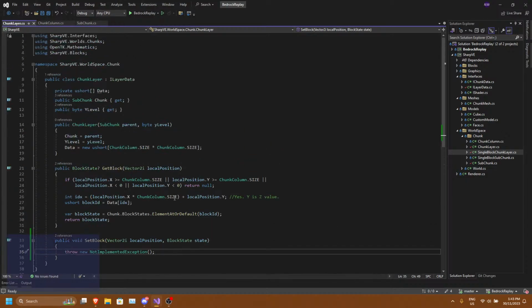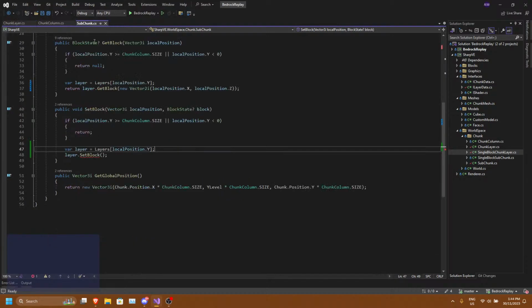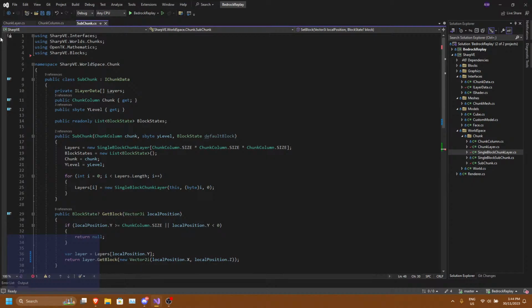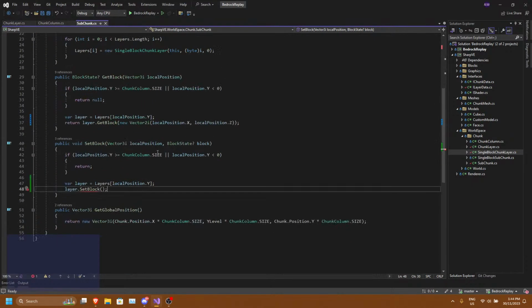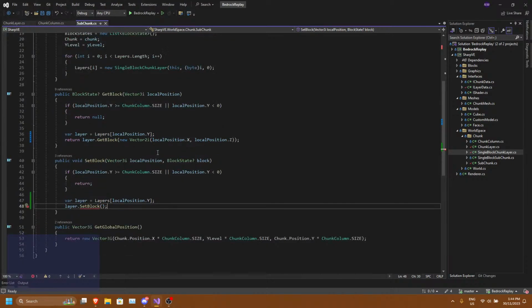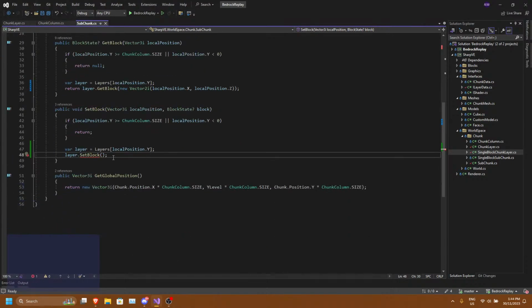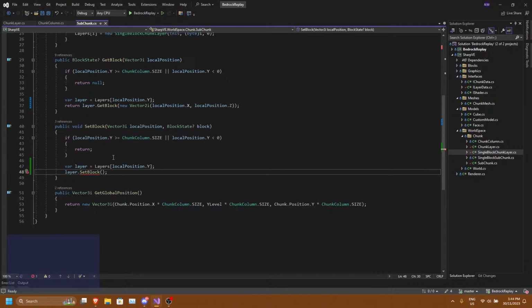Alright, now I have to change this. So our subchunk we can set. Oh no. How am I gonna go about this? Alright, so I'm thinking that the chunk layer can actually set the block states if it wants to, and then we can do all sorts of stuff with that.